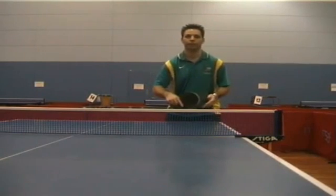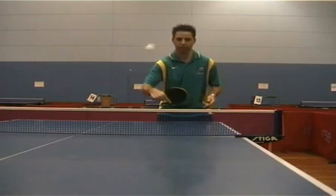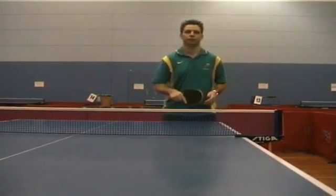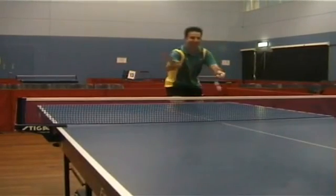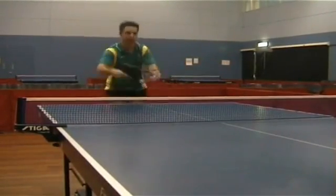Now, when the topspin hits the long pimple rubber, you'll see the ball goes a lot lower. So the long pimple rubber gives you much better control. The other thing that the long pimple rubber does is it helps to reverse the spin. So the more topspin that I put on the ball, the more backspin that the ball will come back with